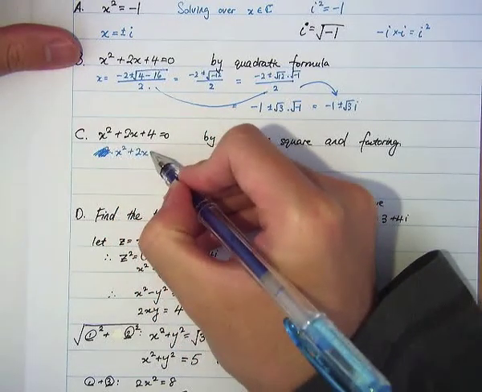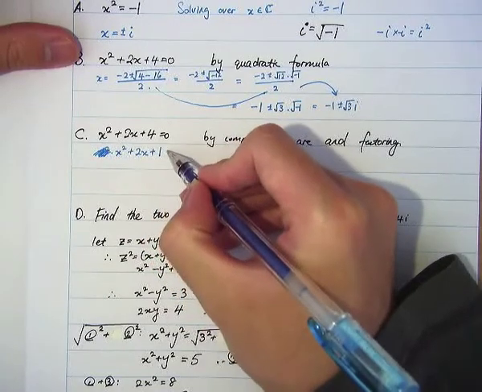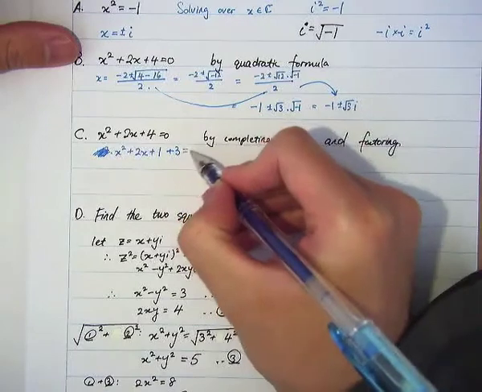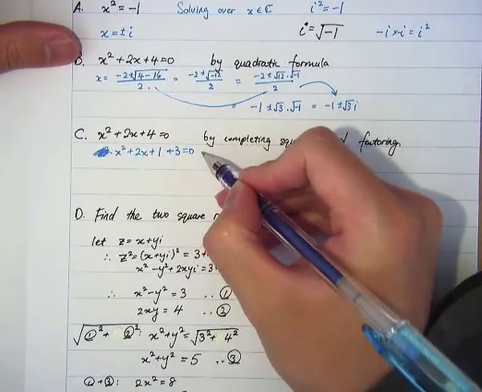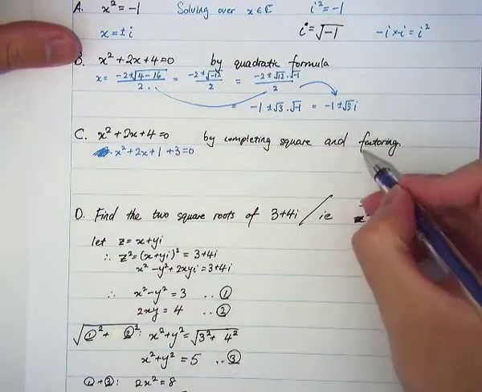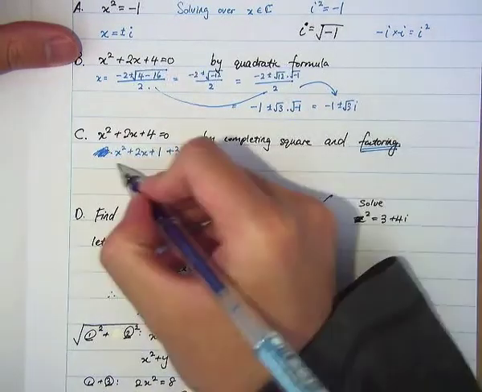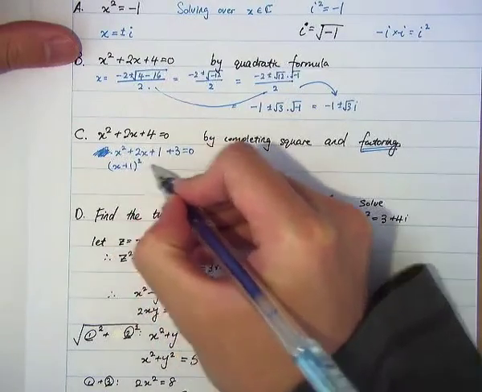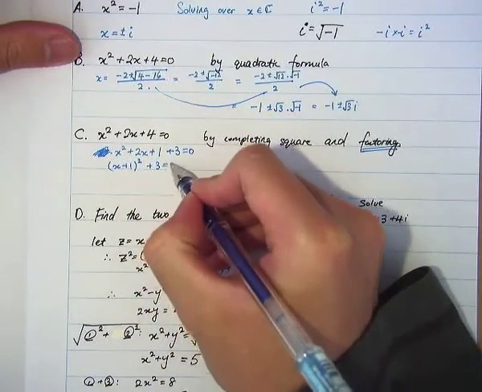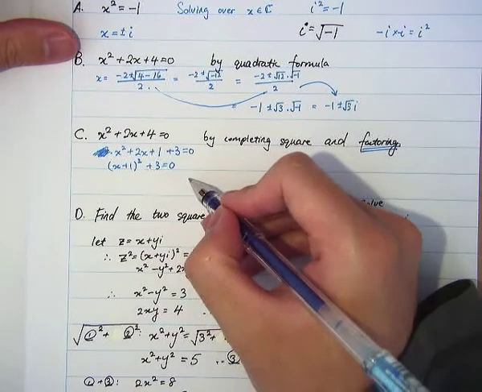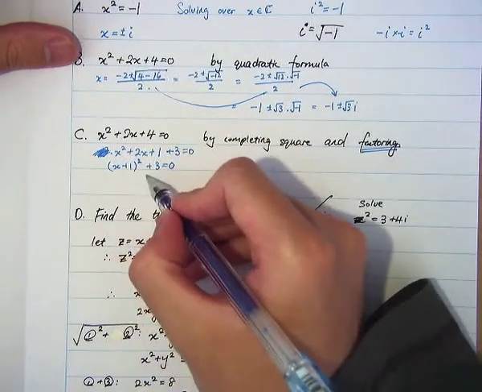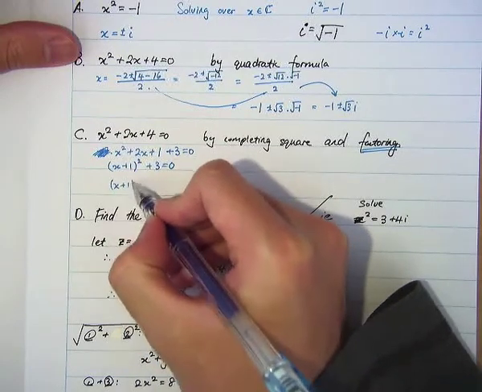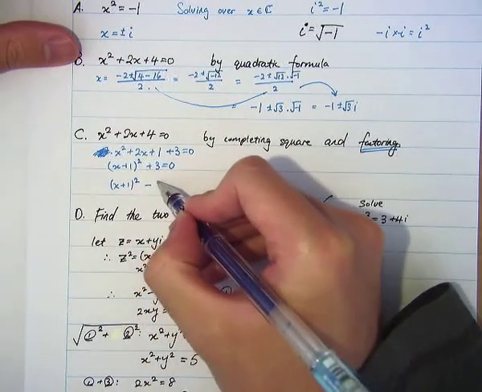So we're going to have x squared plus 2x plus 1, because that's what completes the square, plus 3. Okay? Now, of course, if you move it to the other side, you can square root minus 3 later on, but here we're focusing on factorizing. So we're going to factorize this, x plus 1 all squared plus 3 equals 0. Now to factorize it even further, we're going to have a difference of squares. So the way I'm writing this is going to be x plus 1 all squared minus root